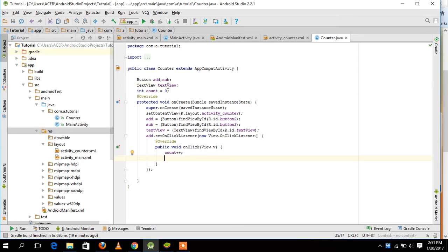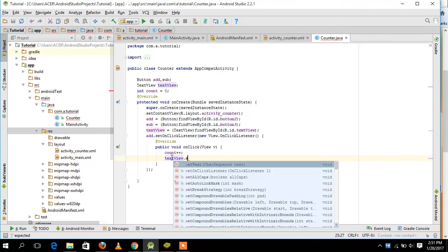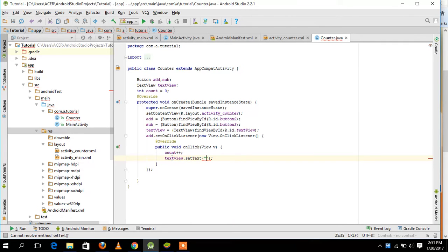And now I declare this text view here, text view dot set text. This is the text which the text view shows us when we click on this add button. And now we type here your total is